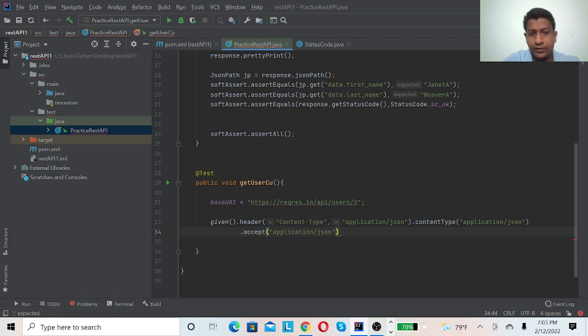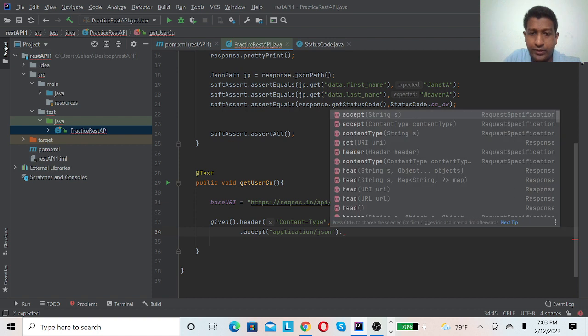So I have put all the headers. Since it's a get request, there's no body. If there is a post request, you have a body, so you need to put the body also under given. Since it's a get request, no body, so I'm not entering the body.